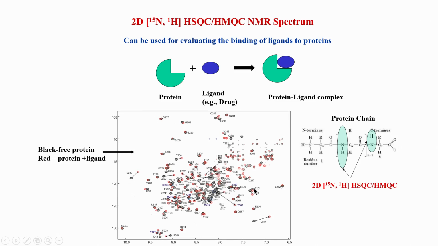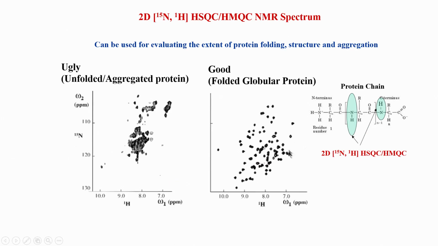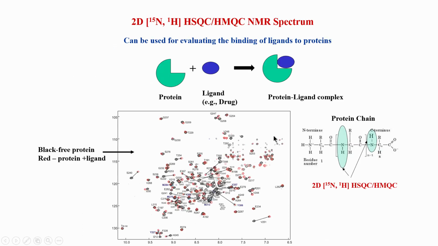So, you have to identify every amino acid and label each peak with its amino acid. If you look back here, I do not know the identity. I just know there are, let us say, 100 peaks in this spectrum, but I do not know which amino acid in the protein chain each peak corresponds to. That information comes only from assignment, and assignment itself is a very challenging task. It sometimes takes months to assign a protein and figure out which amino acid corresponds to which peak. But once you have the assignment, a lot of things can be done, such as this kind of experiment where you can titrate with any ligand and see what changes happen.